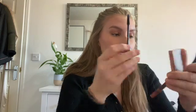Yes, they're so straight. So I'm just going to put on, I'm using the Lash Surge today, just because. I like my mascara, it's probably going to sound a bit weird, but when they've dried out a bit, that is when I like to use them. I don't really like a fresh mascara, I just find my lashes clumped together,